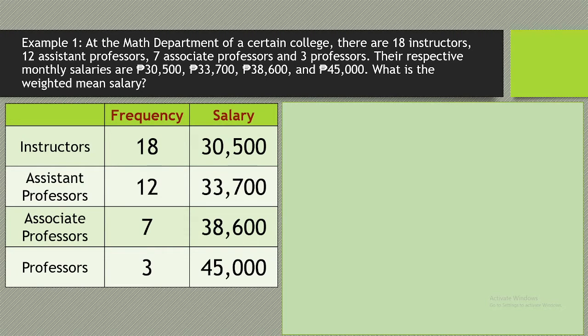So to compute this, we cannot just add all the salaries and divide by 1, 2, 3, 4, because there are different numbers of people for each salary. So there is now a weight for each salary. So these are the weights and these are the salaries. So what we will do is simply multiply 18 by 30,000. You will get